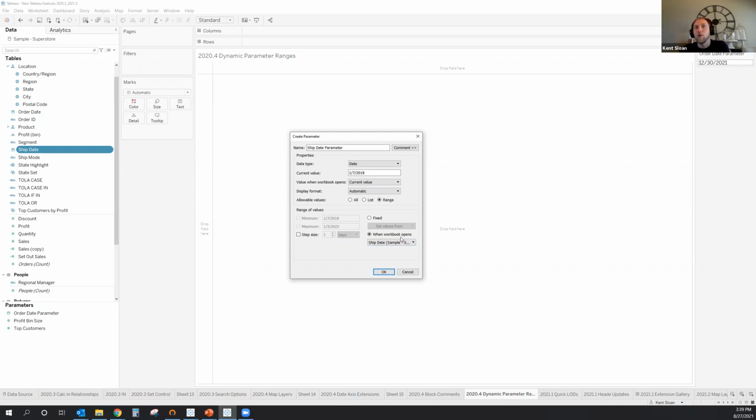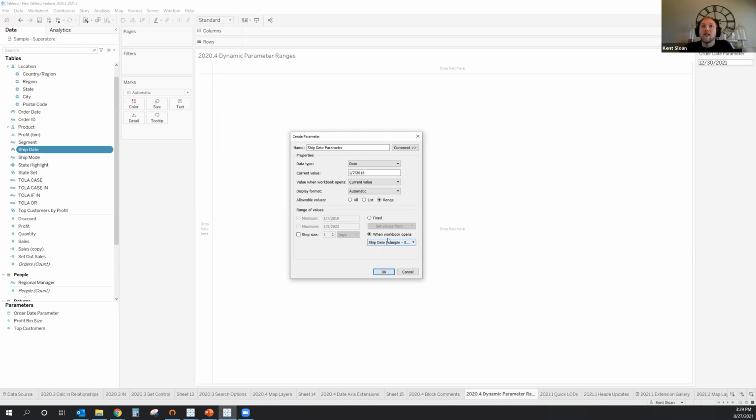So if you need to have a parameter in which a user selects between either a range of numeric values or a range of dates, we can now set it to automatically look at our data source, find the min and max values, update that range to match that, and then we can display that for our users. So it's just adding underneath our parameter options, underneath range, the ability to select a field that lines up with that.